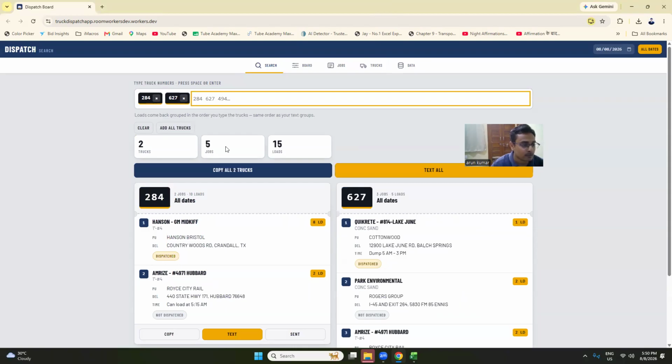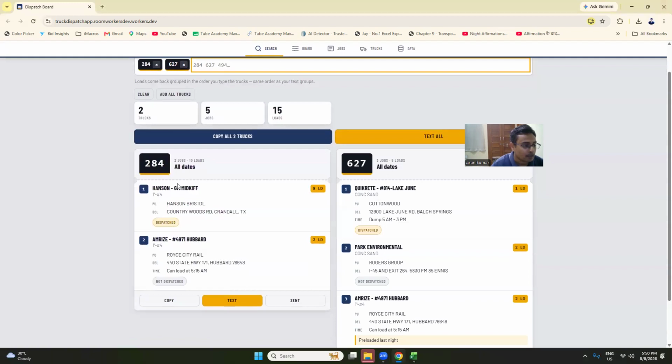And then the dashboard also gets refreshed. We have 2 trucks, 5 jobs, and 15 loads. So we have on the screen 284 and 627. Now this 284 truck number has the job. This one has 8 loads, this one is the pickup address, and this one is the delivery. This is the status, which is showing dispatched. The other one is not dispatched. Here we have the information regarding that truck,